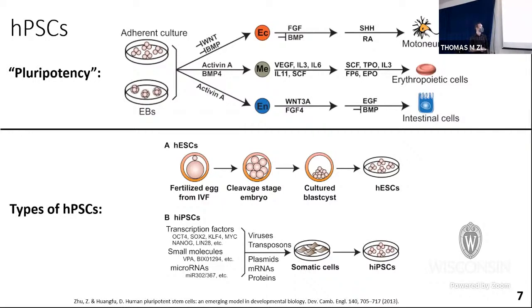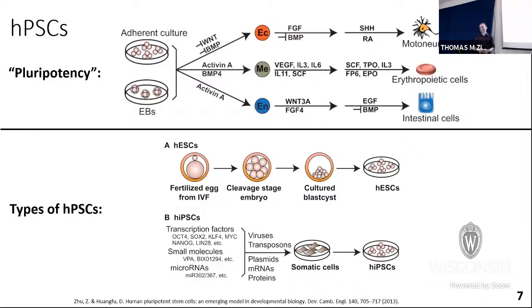So since then, the field has developed what are called induced pluripotent stem cells, where you can take a terminally differentiated cell type. For example, from a blood draw, or you can take a couple of cells from your skin, and you can essentially reprogram these back to an embryonic-like state. So these cells that were once skin cells can then become an embryonic-like cell, and now they can derive into any of the other cell types in the body again. So it's a very powerful technique.